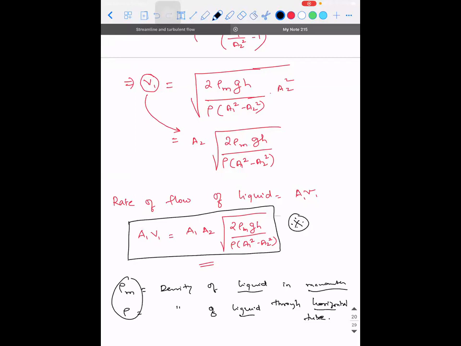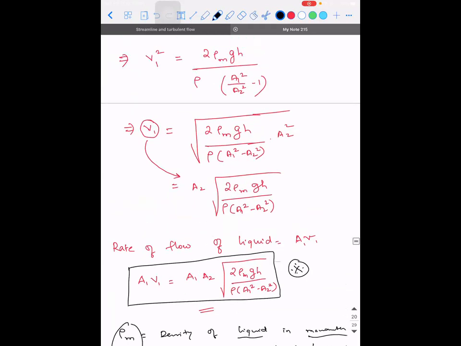See, I cannot say the density of water is 1000 kilogram per meter cube, and the density of water in the manometer is something else. I cannot say it like that. Density of water is fixed. But they won't mix, sir, the liquids. No, they won't. They might be immiscible liquids. Okay, sir, means they'll not mix with each other. Generally, those kinds of liquids are only preferred. They don't react with each other.